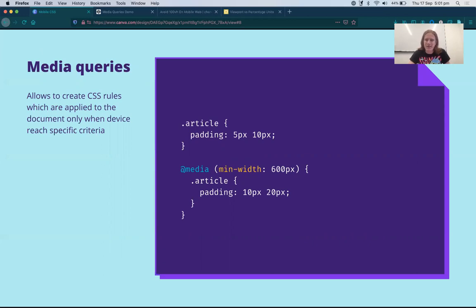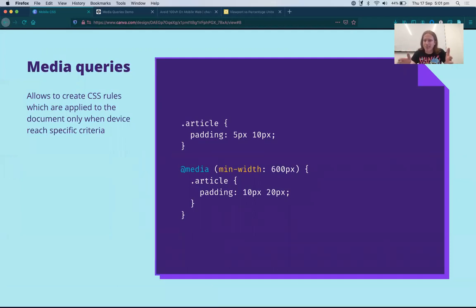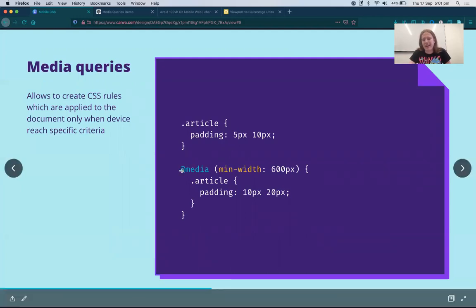Here's an example CSS file. You can see it on the screen in the purple. We've got some normal CSS rules here. For something with a class article, we apply this padding. And then we have an at media. What this is basically is like an if statement, but it's an if statement on the device, the browser that the user is using right now. And so we say, if the device is larger than the minimum width of 600 pixels, then we apply